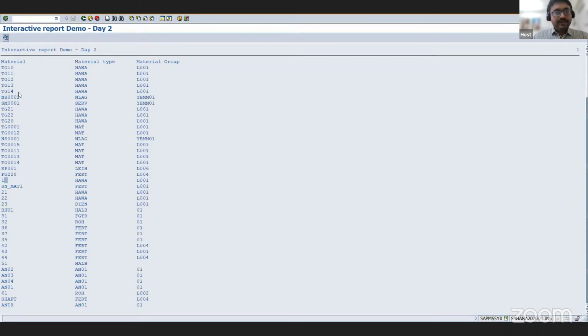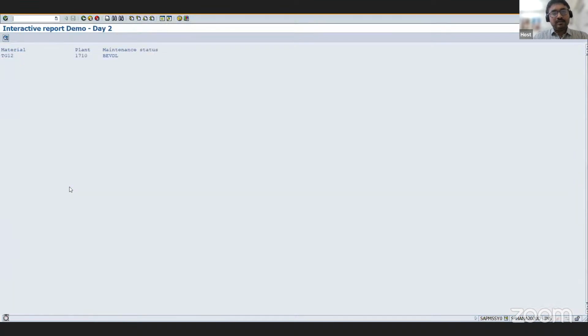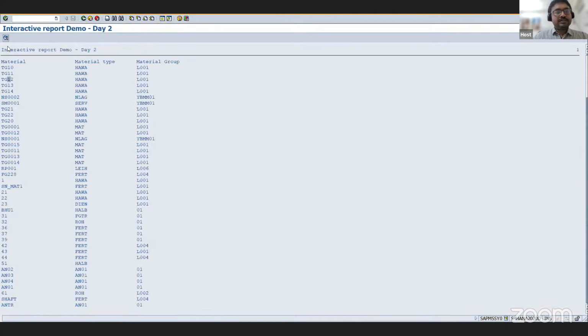Even see, even if you select here and click on this, then also it will work. So double click or this particular button, both have the same impact. Okay,